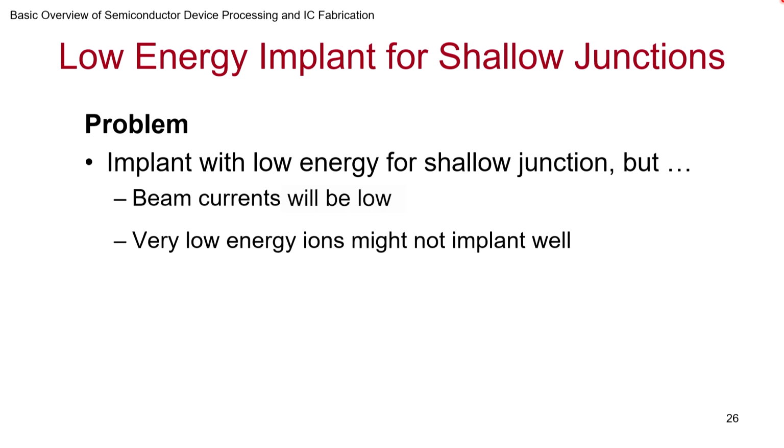Let's see how you can get low energy implants to get shallow junctions. What is the main problem? Implant with low energy for shallow junctions ends up having low beam currents because you are using low voltages. The beam current is optimum, as we saw, from 10 kilovolts to about 100 kilovolts. Less than 10 kilovolts, say 5 kilovolts, if I am implanting, the beam current is low. So I am not able to get a high dose. It will take a long time to implant. Similarly, if I want to implant something at more than 1 mega electron volt, it will also take a long time. Of course, there it's going deep. That's not a shallow implant, so that's a different type of problem.